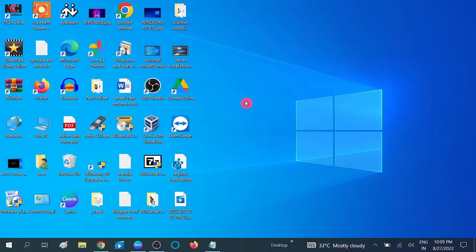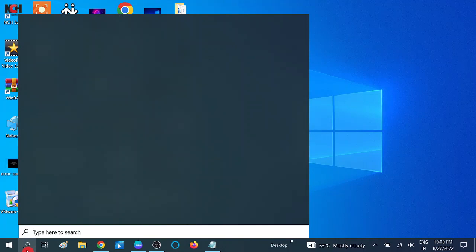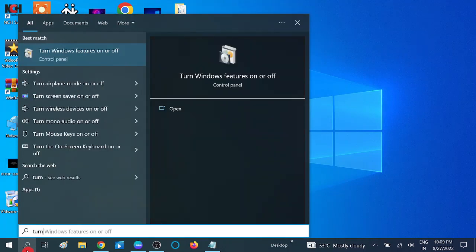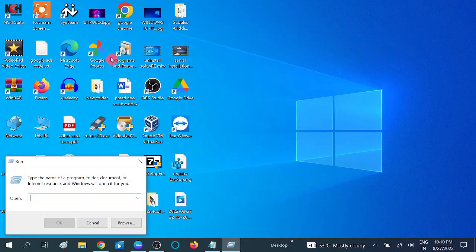In this video, I am going to show you how to turn on and off the Windows feature in Windows 10 and 11. Go to the search bar and type here "turn Windows features on or off." Now you will see the option of Turn Windows features on or off. Now click on this option, or you can press Windows plus R buttons together